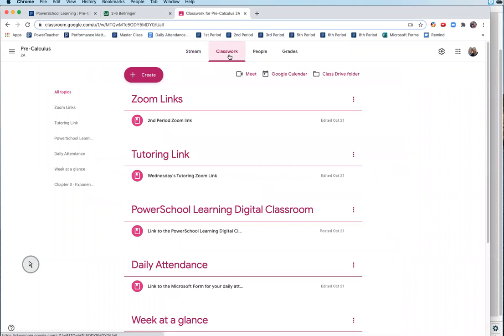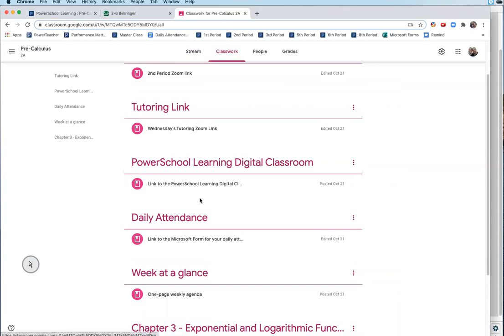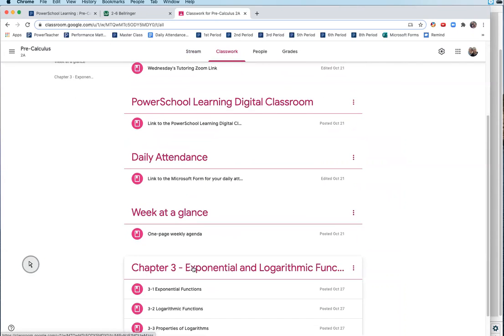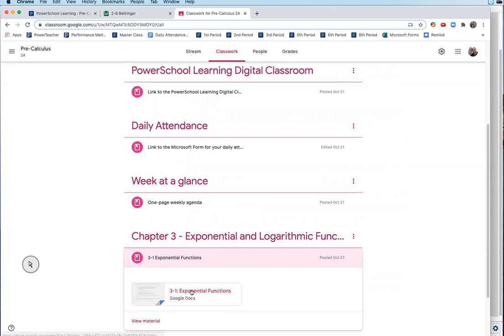If you go to Classwork, you'll see down at the bottom I have these links that I was required to put up for the math department. But at the bottom, I have chapter 3. I might just move that to the top because that's where we're going next when we start up next week. All the links that you need will be within this. So for 3.1, when we start that lesson, if you click that, once it loads here,